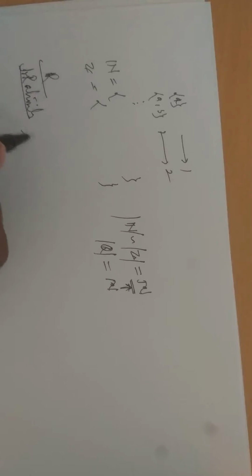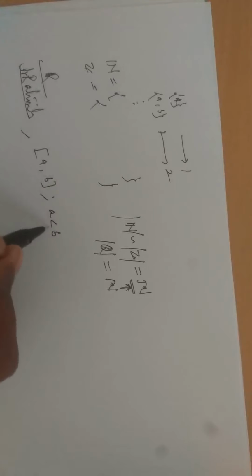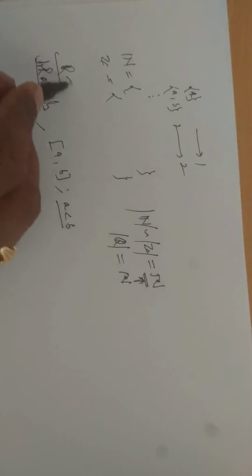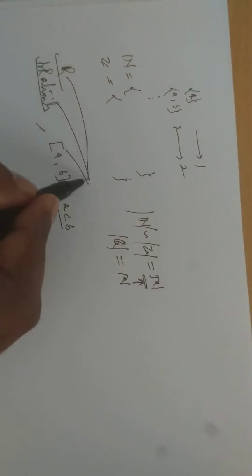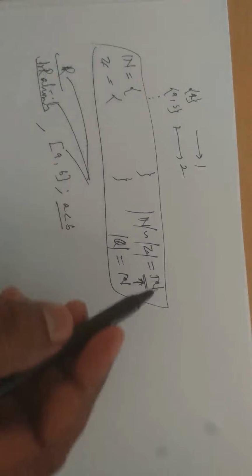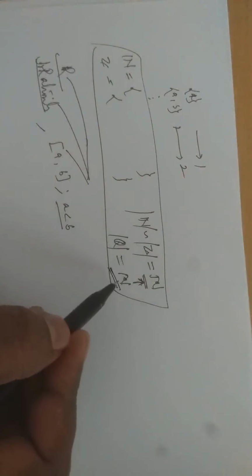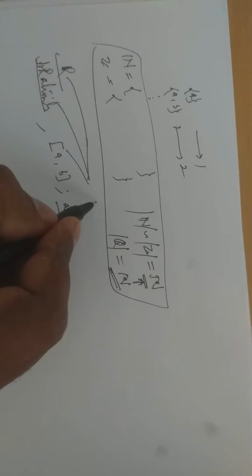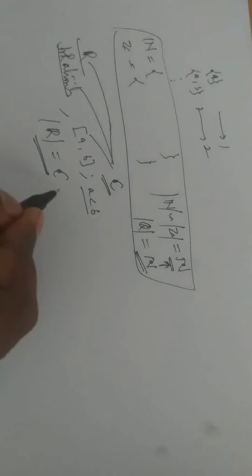Cardinality of real numbers, cardinality of irrationals, cardinality of any interval. These are uncountable sets, and these are countable sets. For countability, if a set is equivalent to N, we say its cardinality is Aleph naught. If it is not equivalent to N, we say that its cardinality is continuum. So the cardinality of R is continuum, or else the cardinality of